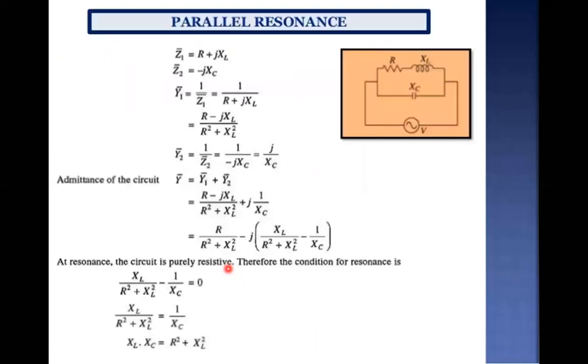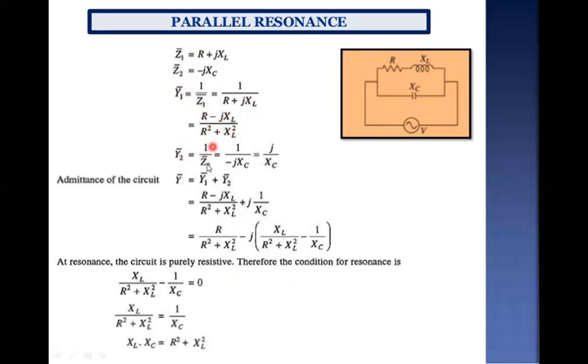The same LCR circuit, if you have connected in parallel, this is R and this is L in parallel with C, and feed it with an alternating voltage. So this is a mathematical expression with which we can find the value. According to the impedance we have taken, impedance Z1 is equal to R plus jXL, and Z2 across this will be equal to minus jXC, and admittance is equal to the reciprocal of impedance, 1 by Z1. So this comes 1 upon R plus jXL. If you do a mathematical calculation, you'll get this expression.